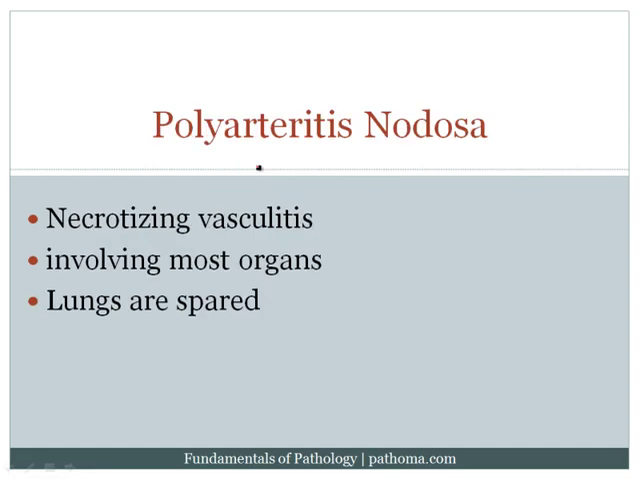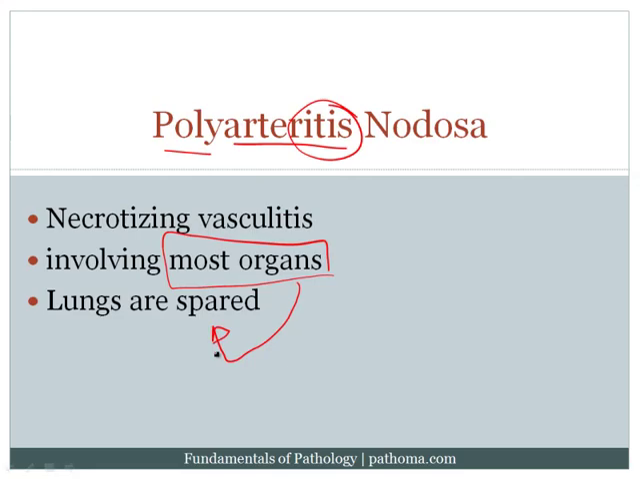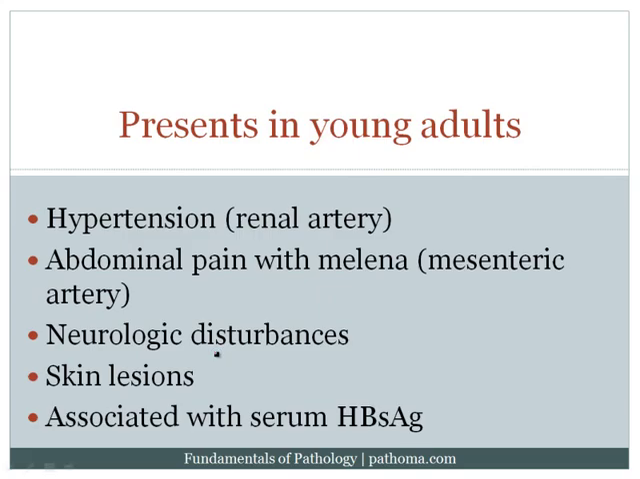The first of these disorders is called polyarteritis nodosa, and the name is very helpful. Polyarteritis, multiple arteries, and of course there's going to be inflammation. So this is a necrotizing vasculitis that involves most organs. One important thing to note, however, is that the lung is spared. So when you're thinking about polyarteritis nodosa, you can get signs and symptoms in any organ except the lung. Now this presents in young adults, and